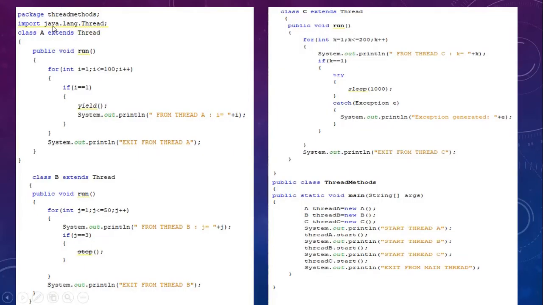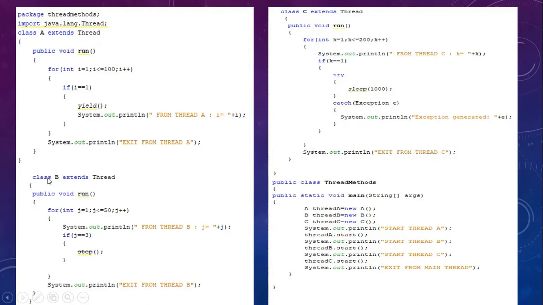So in this particular program, I have created a thread class A that extends Thread. Now in the run method of the program, I have got a for loop like how I was doing it for the previous program in the last lecture. So for i equal to 1 to 100, okay, it is going to execute this for loop. Now if i turns out to be 1, it is going to call the yield. That means the control of the CPU will be given to some other thread. It will lose the control of CPU. The thread will not execute once the yield method is encountered, right? Then